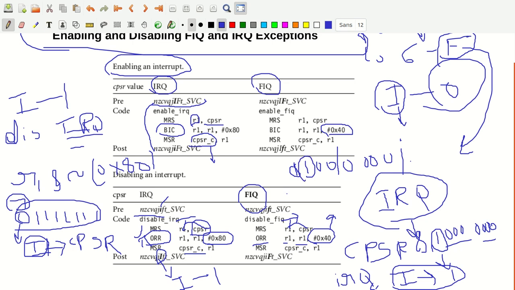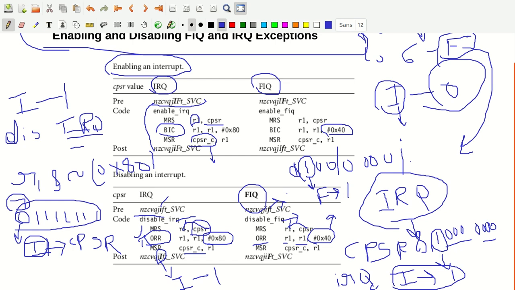So which bit is this one? The 6th bit. What do you have in the 6th bit? That is the F bit. So the F bit is now set to 1. Whenever the F bit is set to 1, basically what happens here? You are disabling the FIQ request, that is, the fast interrupt request is disabled. When you disable the fast interrupt request, the small f now gets changed to capital F, which means the F bit is set to 1.